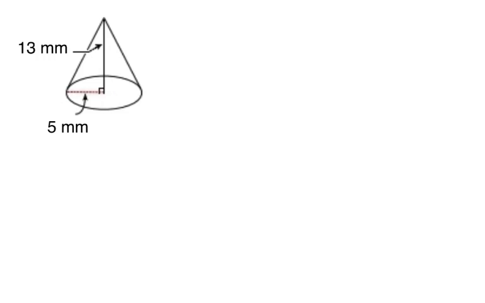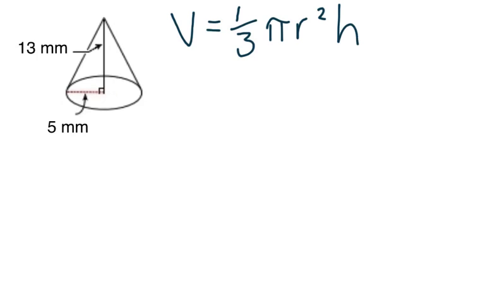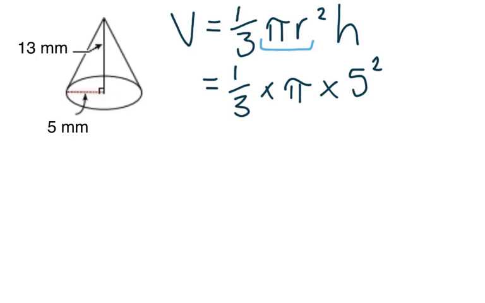Our next example is looking at a cone. Now, it is a special type of pyramid, and when we're doing 1/3 times the area of the base, we need to look at this particular pyramid now and realise that the base is now circular. So our formula for the volume of a cone is actually 1/3 pi r squared times the height, remembering that this pi r squared is the area of a circle. So to do this question, we would be doing 1/3 times pi times the radius, which is 5 squared, times